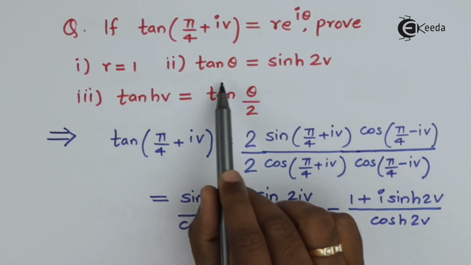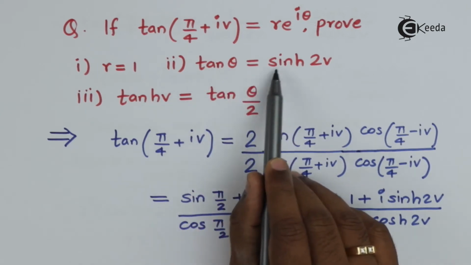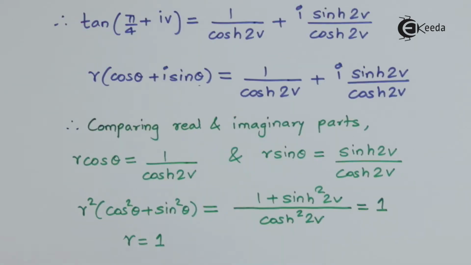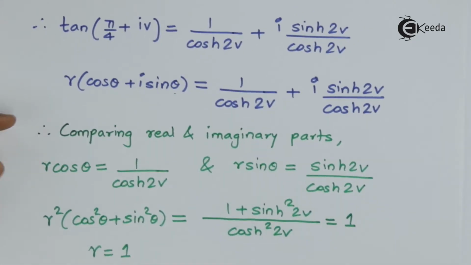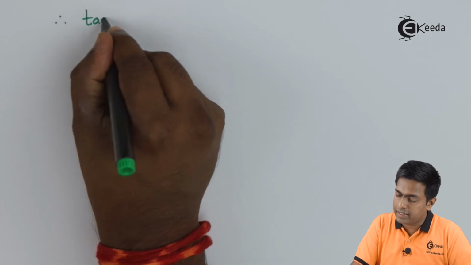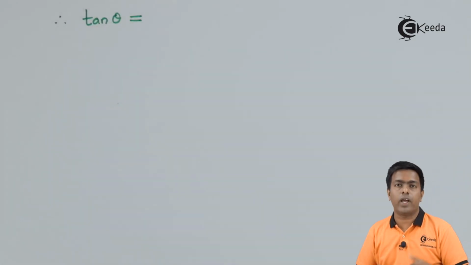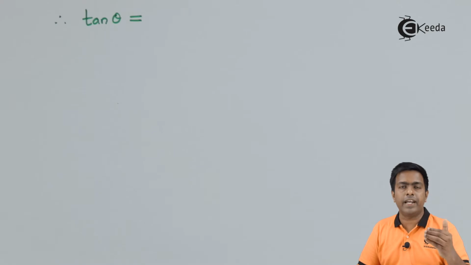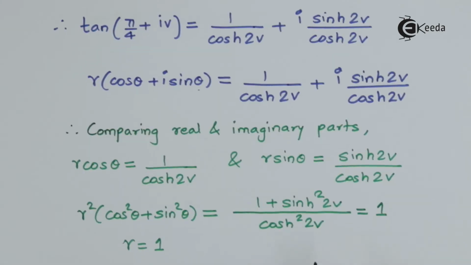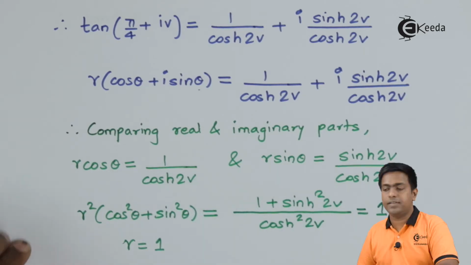Now the second result is tan theta is equal to hyperbolic sine of 2v. Now guys, let's observe these two equations once again. So if I want tan theta, then I have to divide this second equation with the first equation. So by that, r and r will be cancelled and sin theta upon cos theta will be tan theta. So we'll do that. So therefore, tan theta equal to, so we are dividing the second equation with the first equation. Now if I divide this right hand side with this right hand side, then we'll get